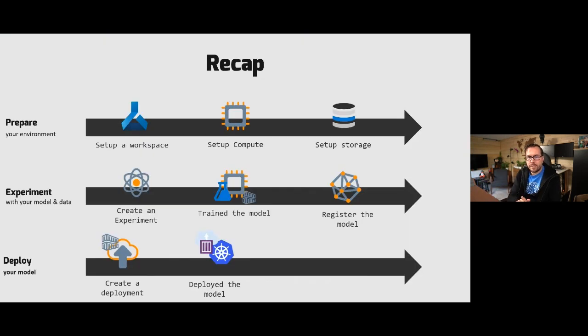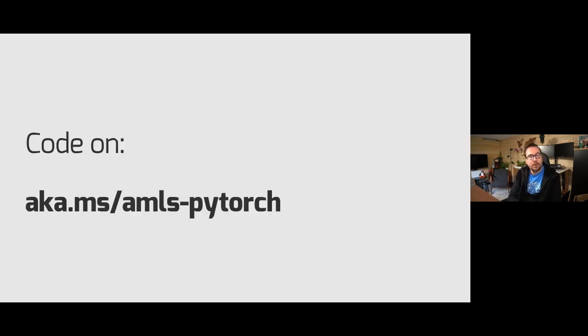So what have we seen in this presentation? We have seen how we could prepare and set up our environment with setting up a workspace, creating compute and storage. Then we started experimenting with our model and our data by creating an experiment, training our model and registering the output. Then we could create a deployment configuration and deploy our model to an Azure container instance. So all this is available on AK.automation's Azure Machine Learning